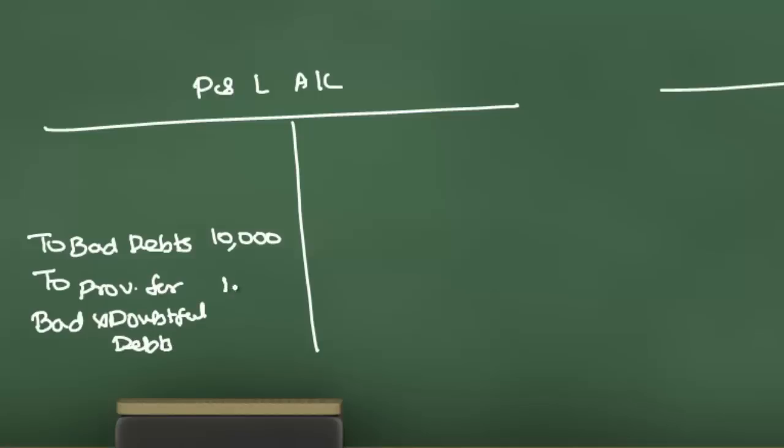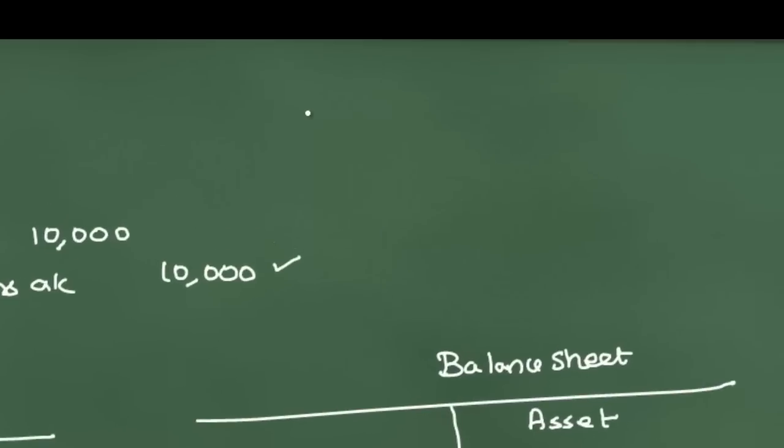And the amount is 4,500. So what could be the accounting entry for this? See, provision is something which we estimate, so it is directly charged to P&L. We have shown it on the debit side of the P&L. So we will debit P&L